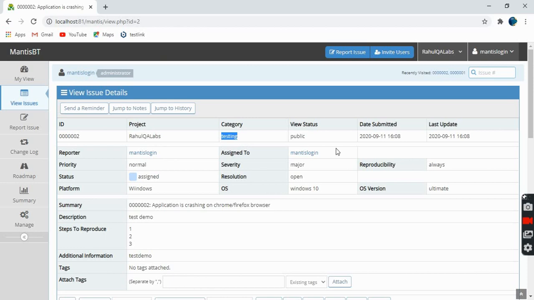What category you have taken? The status is public. What is the date and time that you have submitted, and what is the last updated date? Yeah, so all these details are present out here. Reporter, priority, assigned to, severity, reproducibility, resolution, status, what platform it is on, Windows 10, what is the version of it, what is the bug